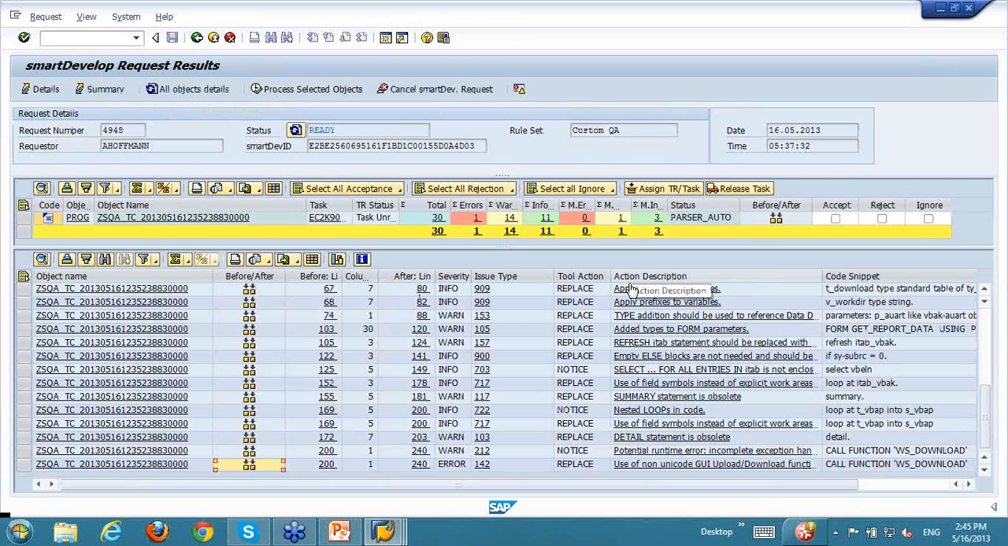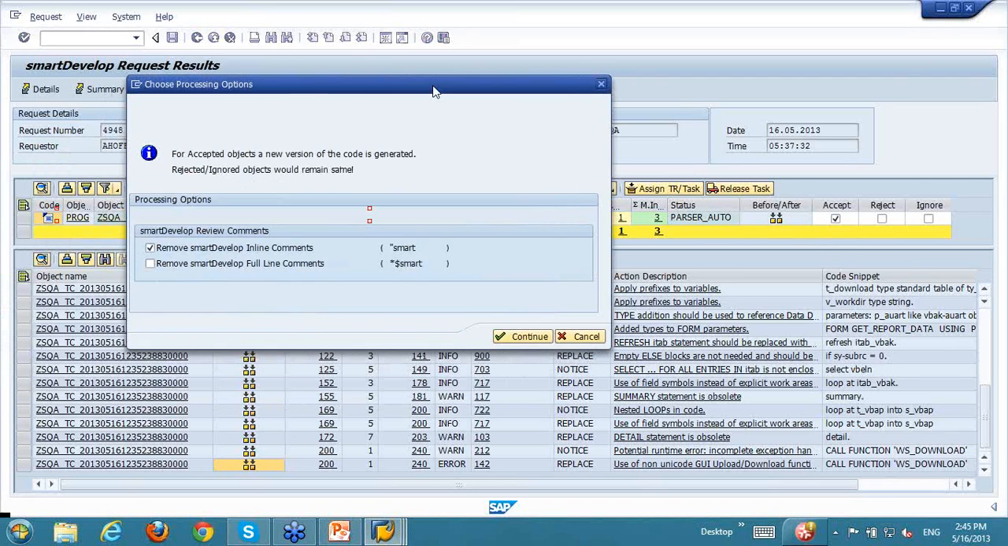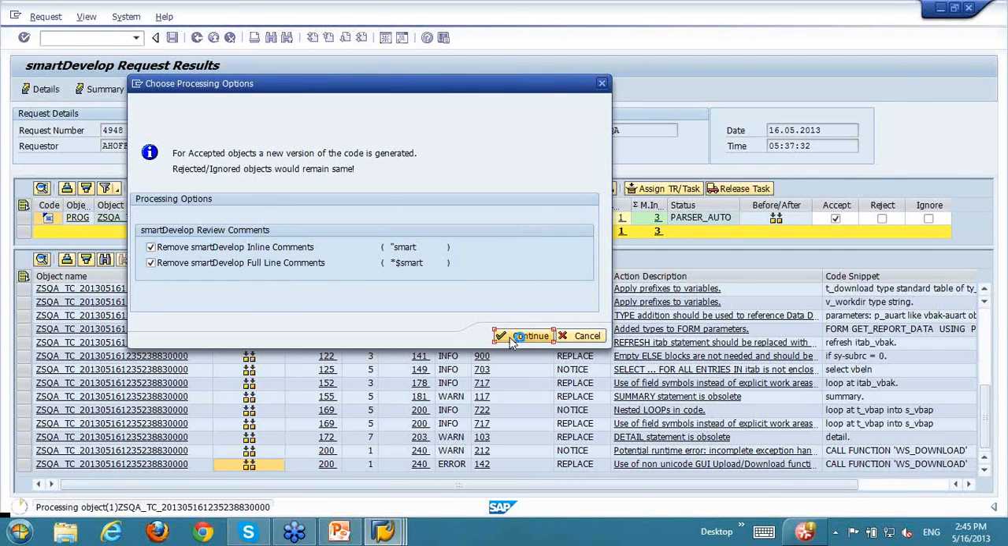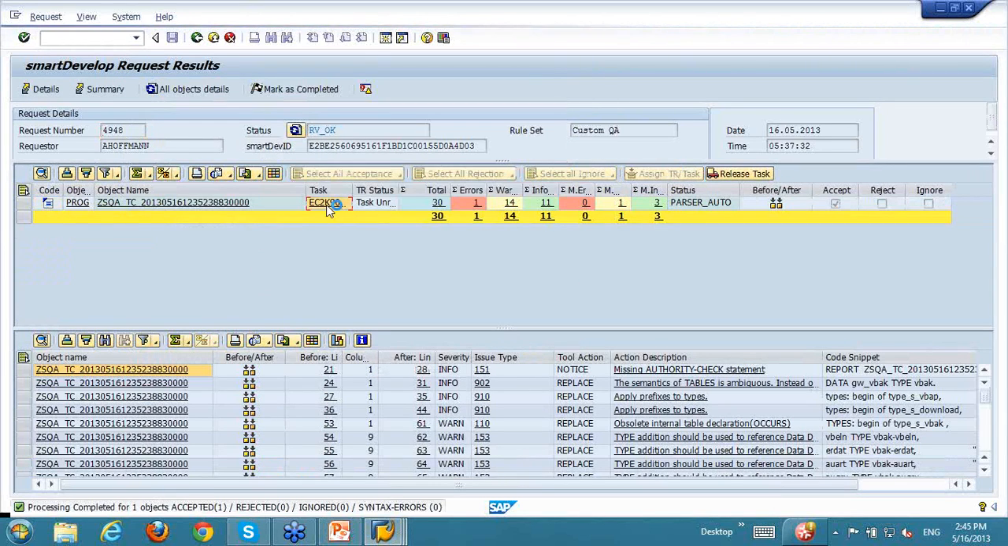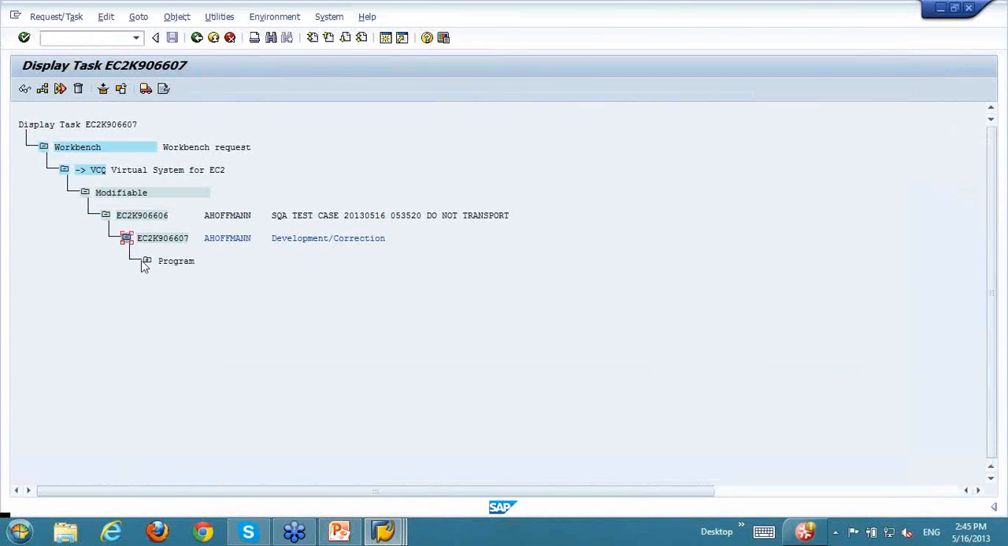But now, after the developer has gone through all these fixes and has reviewed them, we also give him the opportunity to accept these changes. So he goes to accept, process selected objects, and here comes the pop-up. smartDevelop review comments, so you can remove these comments which were added in the source code. Continue, and now the tool is writing a new version of the code. And if I look into my task again, it's a previous task, my program, and I double click on the program,